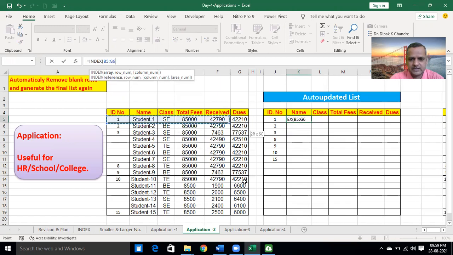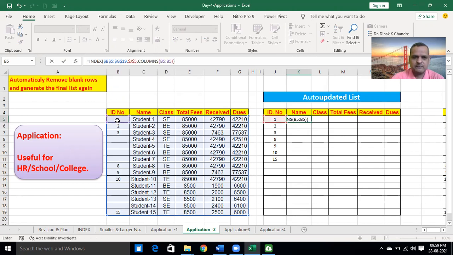Array: this complete table, and lock this table. Row number: this one is the row number. First, you need to lock this row number. Column number: again use the COLUMNS function, and the column is this first cell to first cell, and again lock the first one.